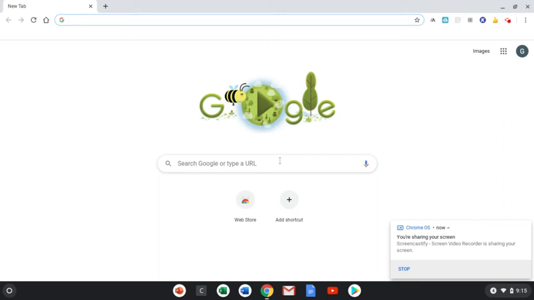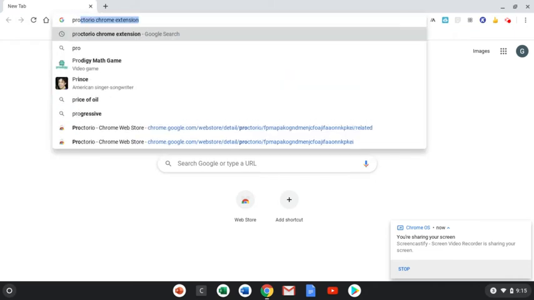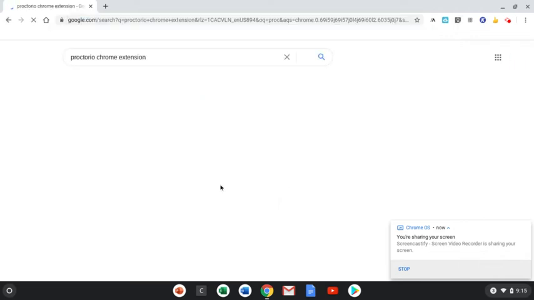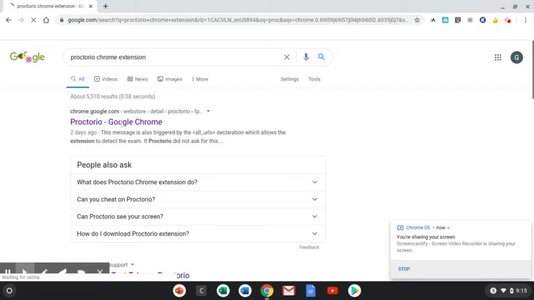To add the Proctorio Google Chrome extension on your browser, do the following. Open up your browser and type in Proctorio Chrome extension. I've already searched for it in the past, that's why it auto completed. So once you do that and you get your results, it'll be the first one that says Proctorio Google Chrome. You click on it,